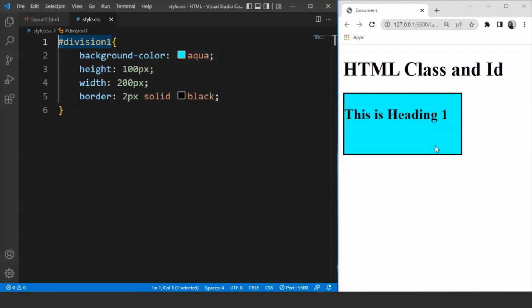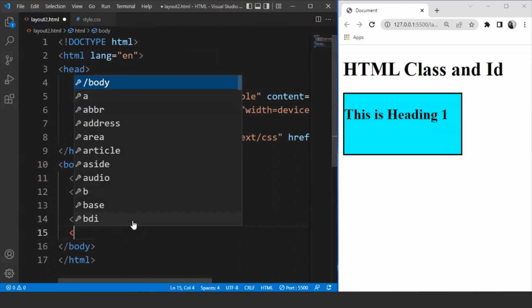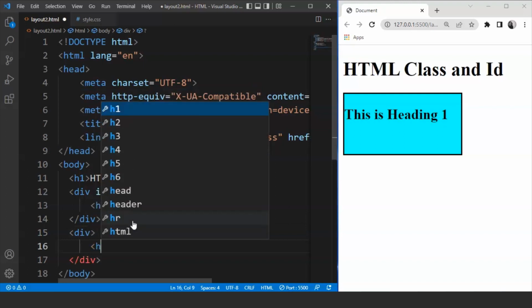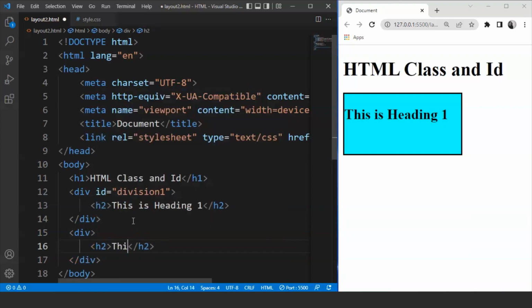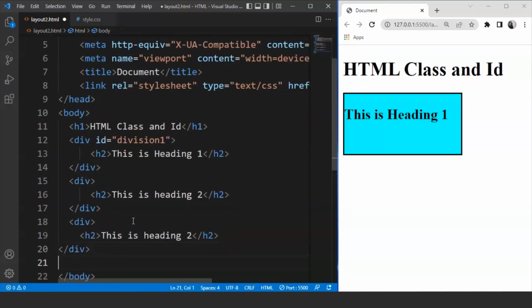So moving ahead, let's discuss the class attribute as well. What we'll do first is we'll add some more divisions in our HTML document for using the class attribute. So let's move back to our HTML document and we'll write here div. Now we are going to create some more divisions. So we are going to use the h2 tag again, and we'll write here this is heading 2. Fine. So let's copy it from here,